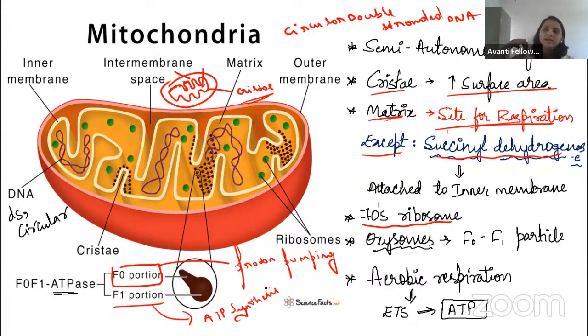So what happens in the electron transport chain? We use the reducing equivalents NADH and FADH2. We remove the electrons from them and we produce ATP. Right, guys? So that is about the mitochondria. Remember, guys, the mitochondria has circular double-stranded DNA and the 70S type of ribosome, where the inner membrane has the electron transport chain proteins. Okay,